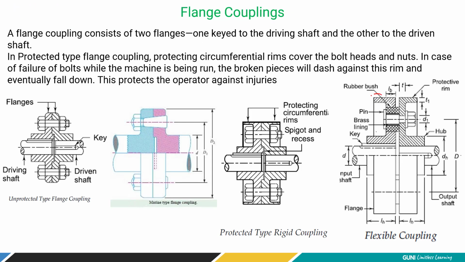So this is the flange, a projected part. So because of that, it is referred to as flange coupling. Just look over here, right? So there is no difference. So this is solid coupling. It is used in marine application. And this is the protected type of flange coupling. Because of this little shelf type of projected part, even in case it flies away, it simply strikes over here and drops down, right? This is unprotected, where there is no projection. In this case, if the nut bolt is loosened, it simply is thrown away due to centrifugal force. So this is referred to as unprotected, and this is the protected one. Construction wise, design wise, it is the same. Simply the difference is we have some projections which protect the nut bolt from flying away and causing an accident.